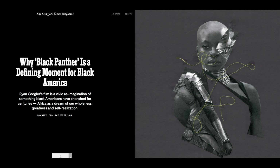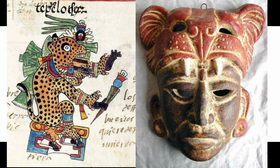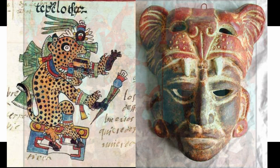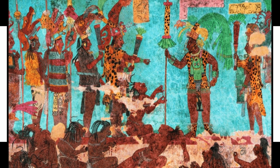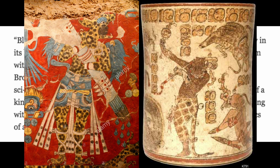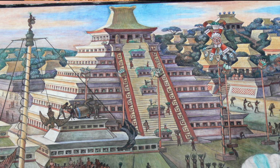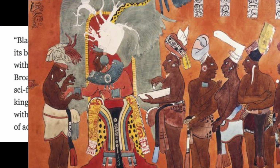The New York Times Magazine. Why Black Panther is a defining moment for Black America. Black Panther, by contrast, is steeped very specifically and purposefully in its blackness. Alright? Quotes. Blackness. It's the first time in a very long time that we're seeing a film centered on so-called black people, where we have a lot of agency, says Jamie Broadnax, the founder of Black Girls Nerds, a pop culture site focused on the sci-fi and comic book fandoms. These characters, she notes, are rulers of a kingdom, inventors and creators of an advanced technology. We're not dealing with black pain and black suffering and black poverty,